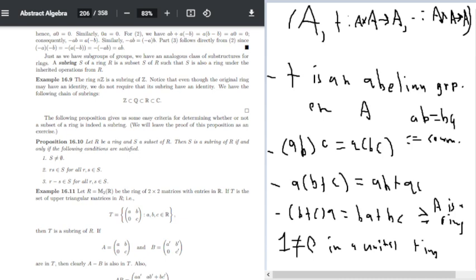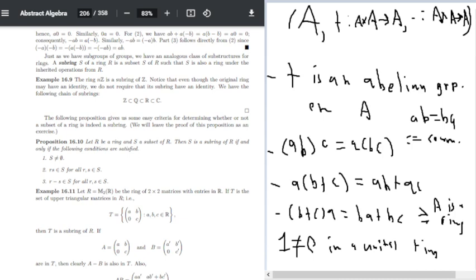Example 16.9. The ring nZ is a subring of Z. Notice that even though the original ring may have identity, we do not require that its subring have an identity. We have the following chain of subrings: Z is a subring of Q, which is a subring of R, which is a subring of C,